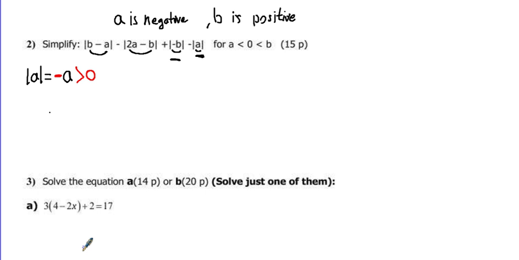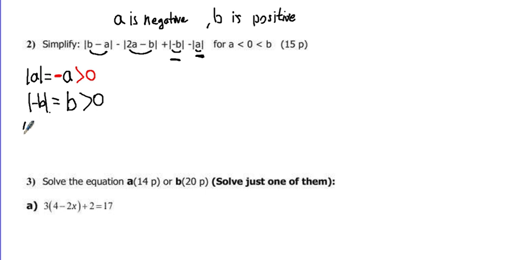What about negative b? So negative b, as you see, it's negative. So I should multiply it by minus to make it positive. I know that b is positive, and so in this case absolute value of minus b will go out as b, and so it is positive. For every term I have to